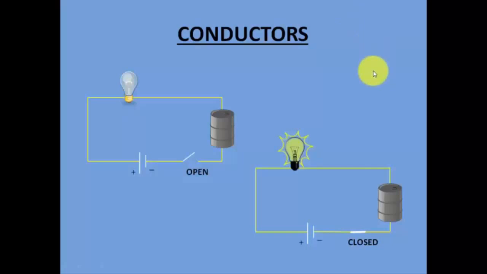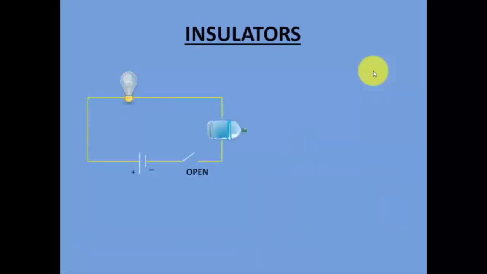So the drum allows the electrons to pass through it. That means the drum is a good conductor of electricity, the metal drum. Okay, next let's see what happens in the other case. So the metal drum conducts electricity, and we have confirmed that. How have we confirmed it? Because the bulb is glowing, because the electrons have passed through the drum and completed the circuit. Now what happens in the case of an insulator?